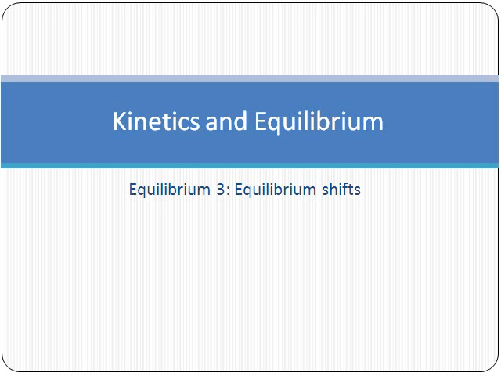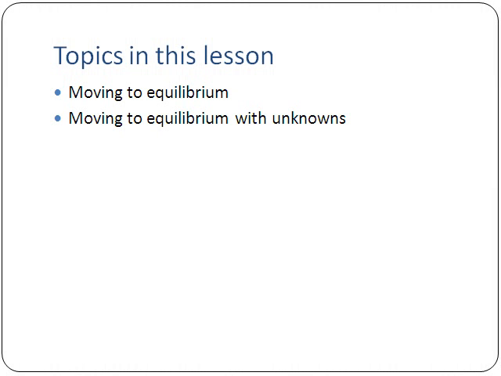Our next lesson will be on equilibrium 3, which deals with equilibrium shifts. And in this lesson, we're going to look at two things. We're going to look at moving to equilibrium, that is looking at how to find equilibrium constants or find information about concentrations from equilibrium constants whenever you only know the initial amount of something, and then moving to equilibrium constants